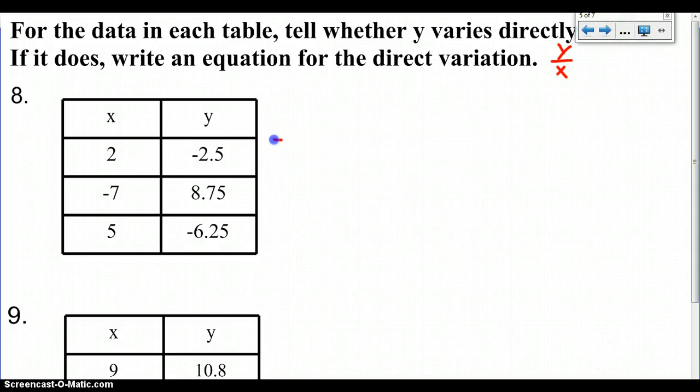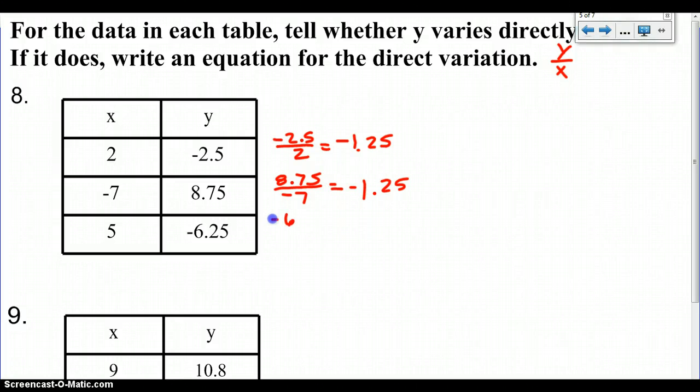So for this one, we take negative 2.5 over 2, and you would get negative 1.25. And then the next set, we would take 8.75 over negative 7, and we get negative 1.25. And then for the next one, 6.25 over 5, and we get negative 1.25. So this is a constant rate, so we can make a direct variation equation, and it would be y equals,